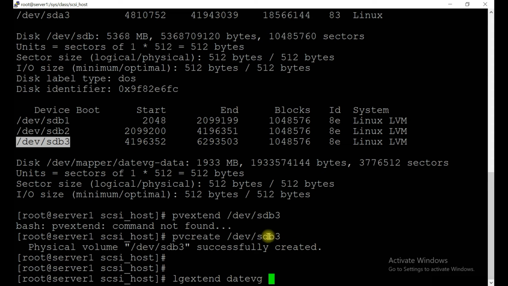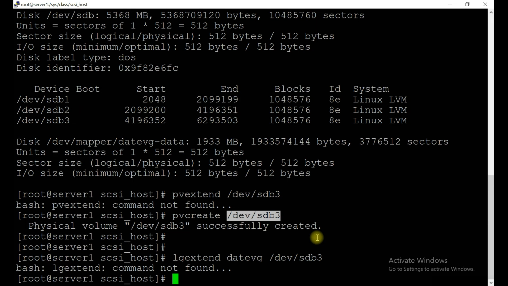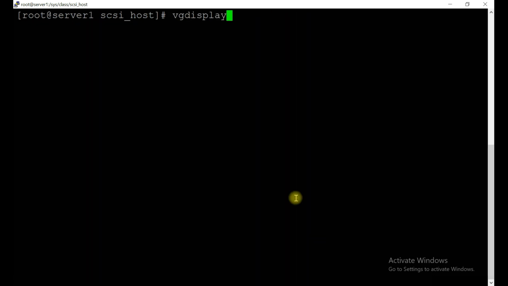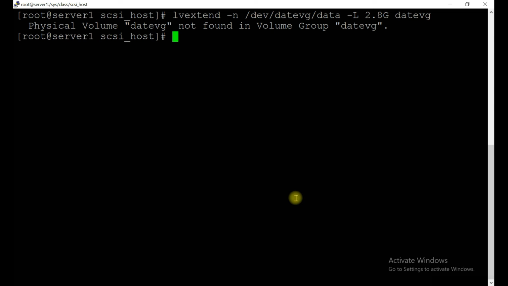The VG name and the disk name. Okay, successfully extended. The path is /dev. Okay, it came automatically. So let's save it.